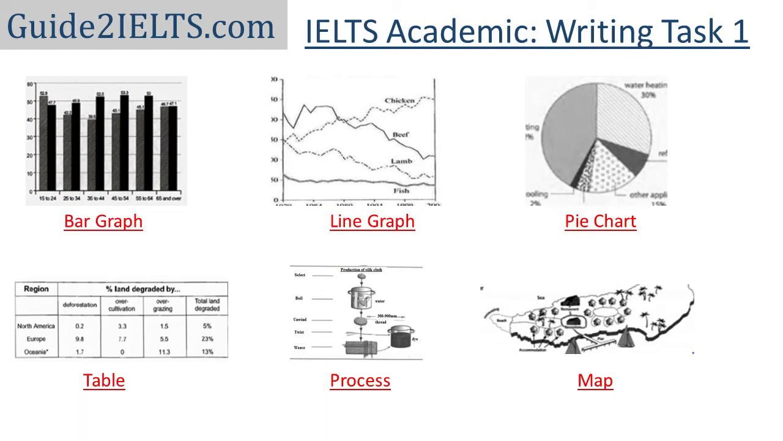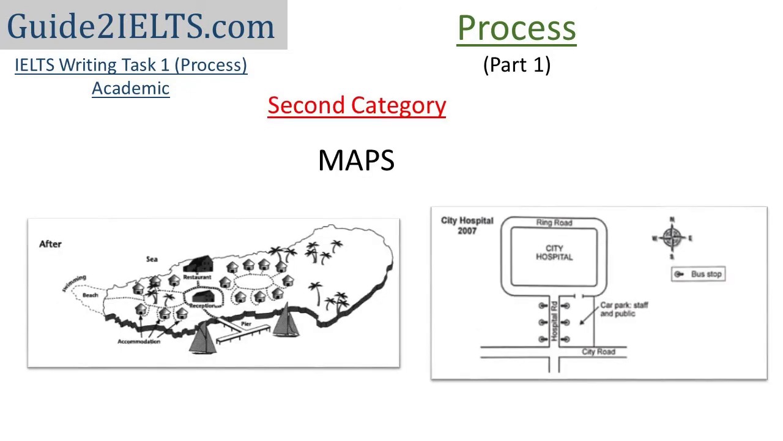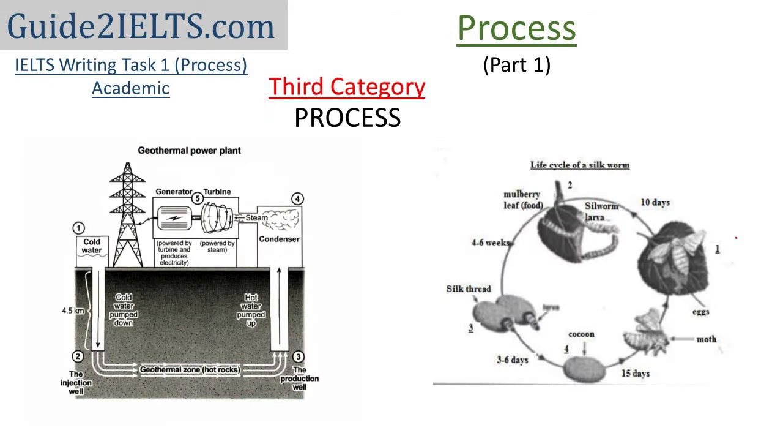The Writing Task 1 questions of IELTS Academic can be divided into three broad categories based on how we need to tackle the questions and the kind of vocabulary we need. The first category includes tables and graphs, that is bar graph, line graph, pie chart, and tables, or a combination of any of these. The second is maps, and the third, the one that we'll be discussing in this video,